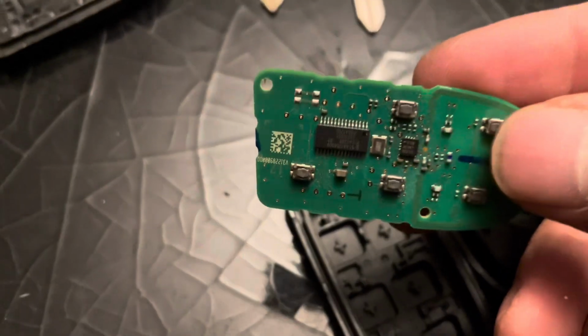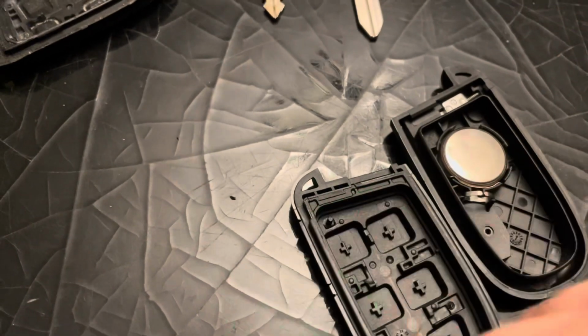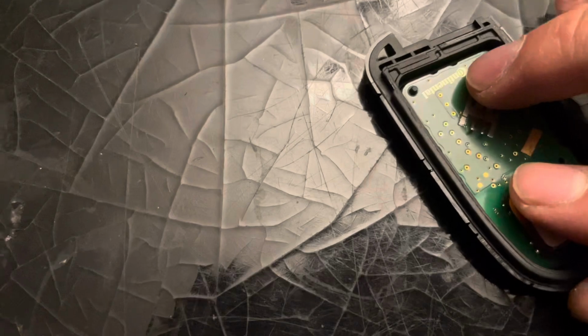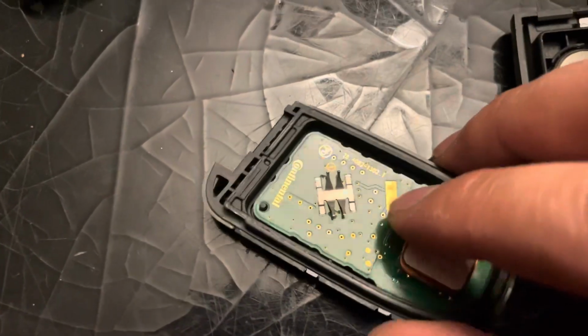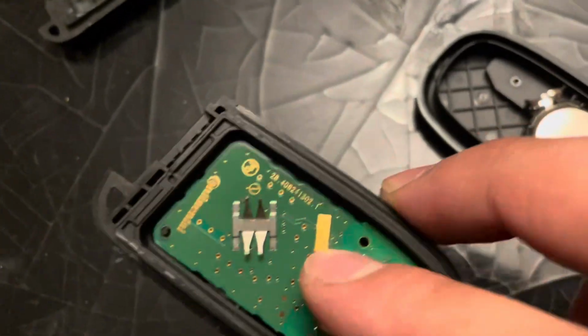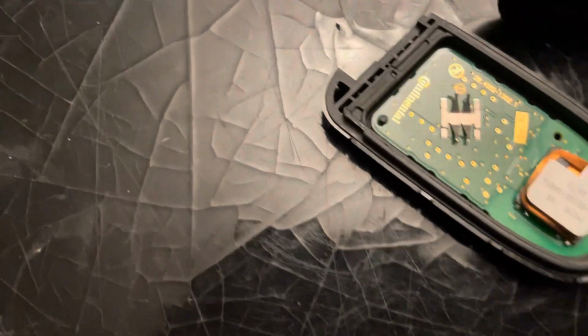Chip. We want to align this with the pin out there, and the buttons on the board are going to go facing the face of the key cover there. So it fits really, really easy. It's not as tight as the original one. If you flip this over like this, you'll see it'll want to fall out. It's kind of wiggling a little bit, but as soon as we